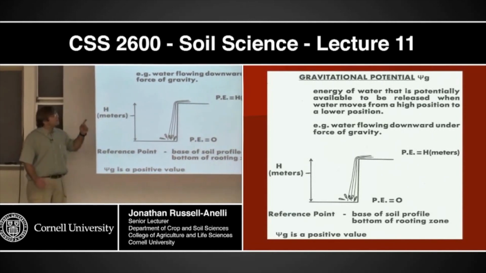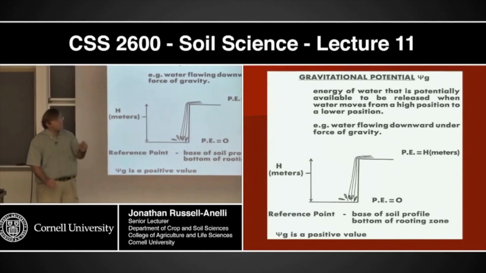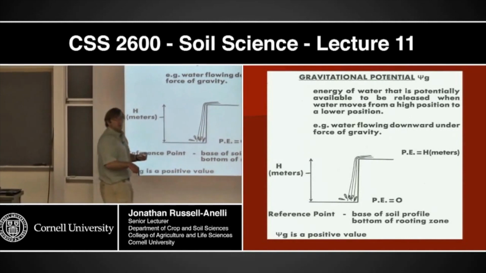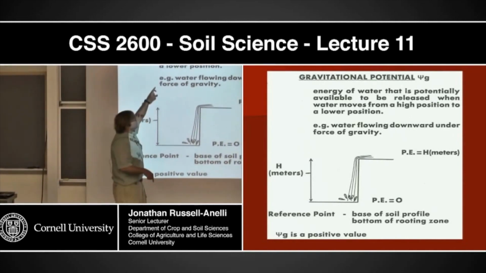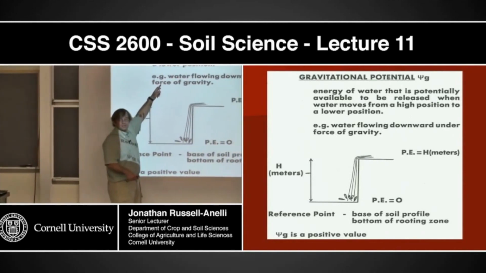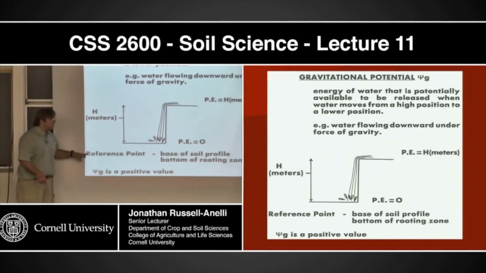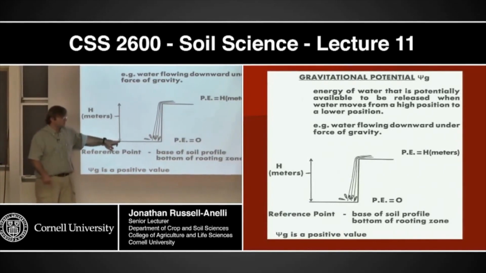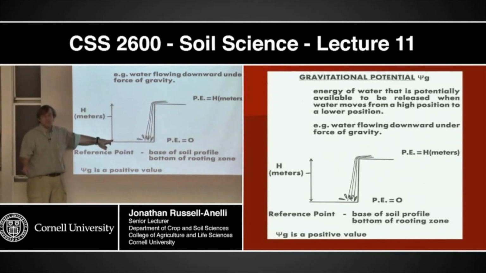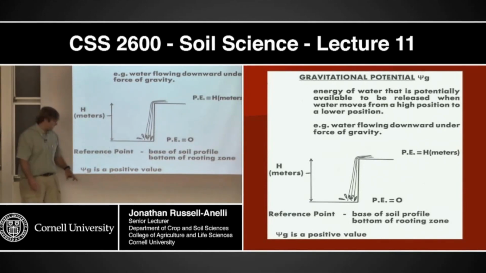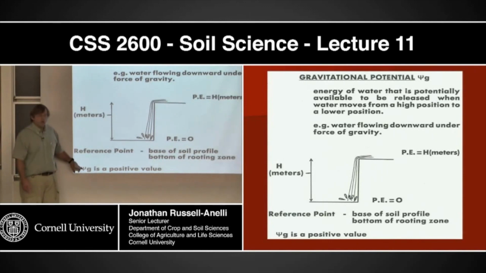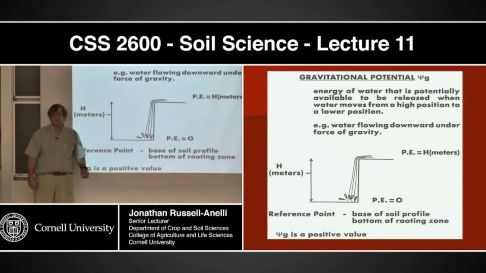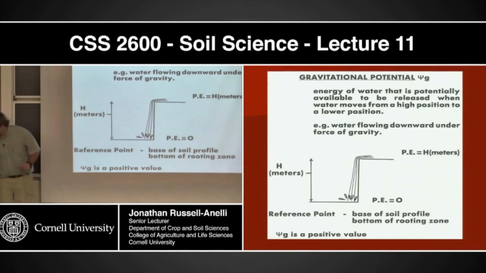The energy of the water that is potentially available to be released when it goes over that waterfall. Okay? Water flowing downhill under gravity. The reference point is the base of that profile. That's the 0. It's the bottom. You can sort of imagine this is the bottom of the rooting zone. Okay? Psi g, gravitational potential, is always a positive value. Okay? Now, let's go back